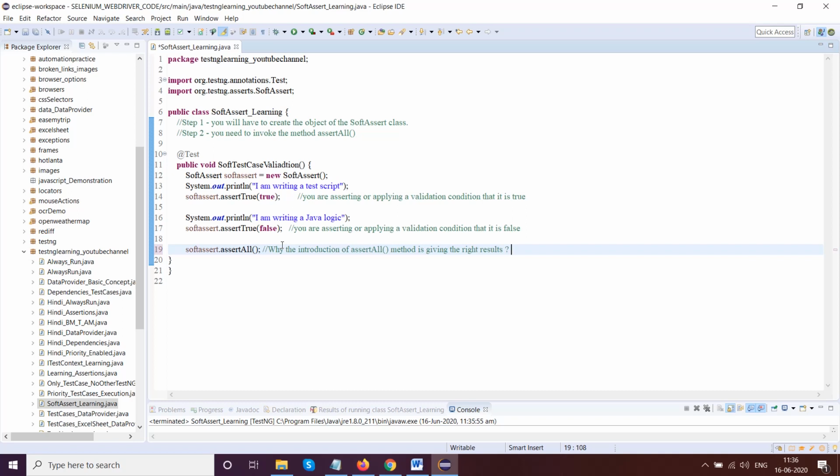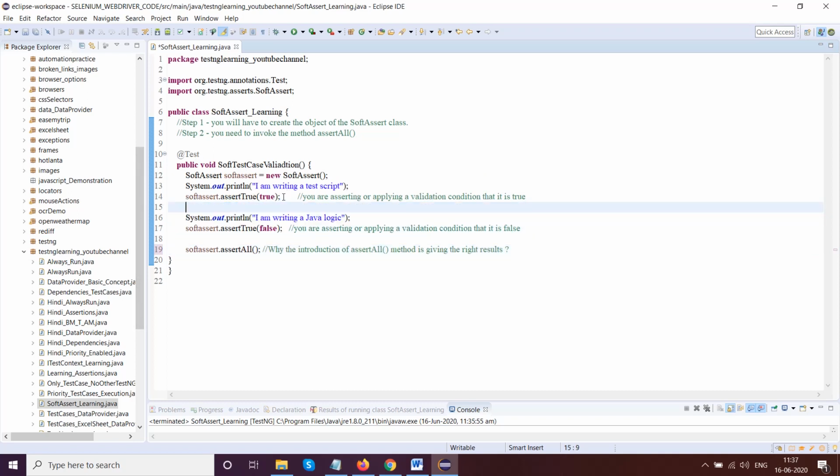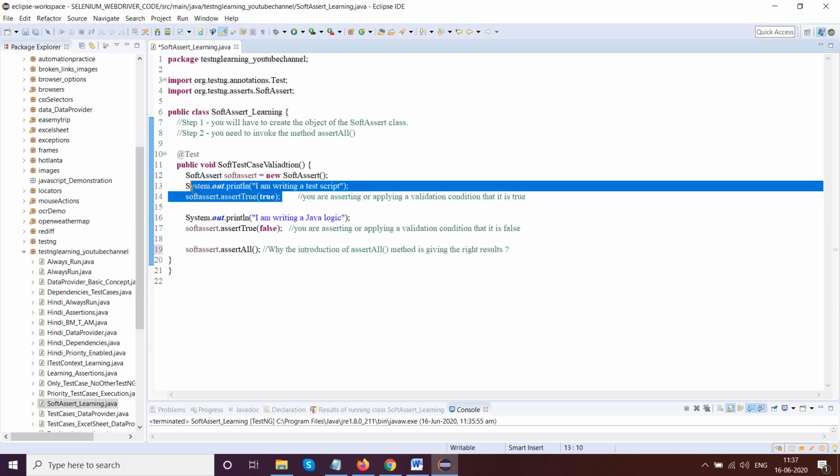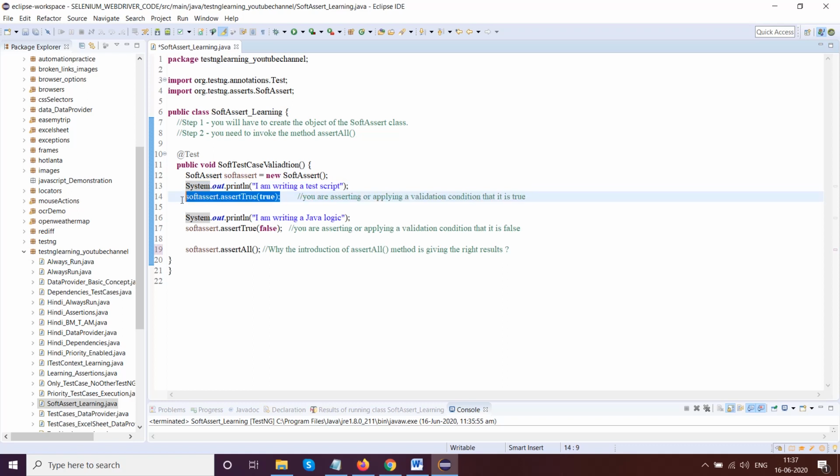The thing is, I'll tell you how soft assert works. In case of hard assert, if any condition fails, let's say for example we are using assert, then anything before that failing assertion will execute, but beyond that, hard assert will not execute for that particular test case and it will switch to the other test case.